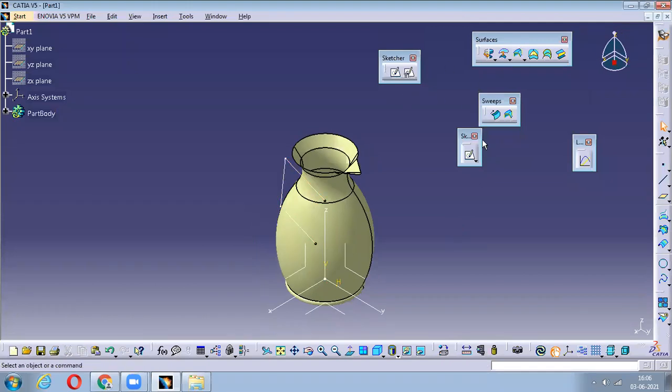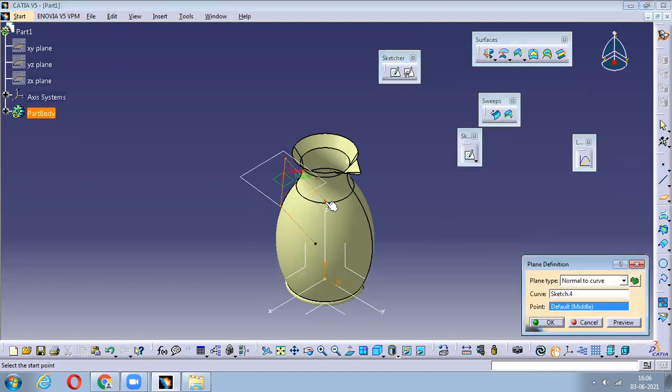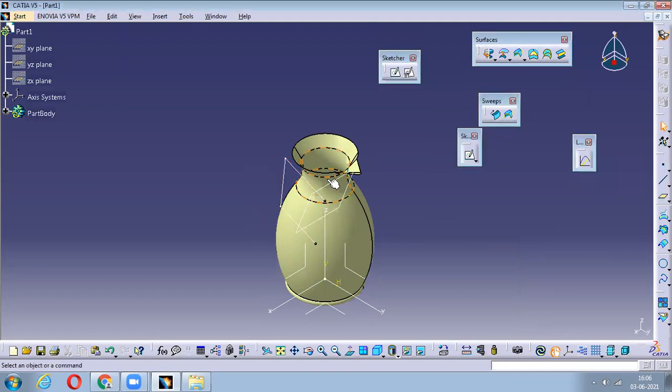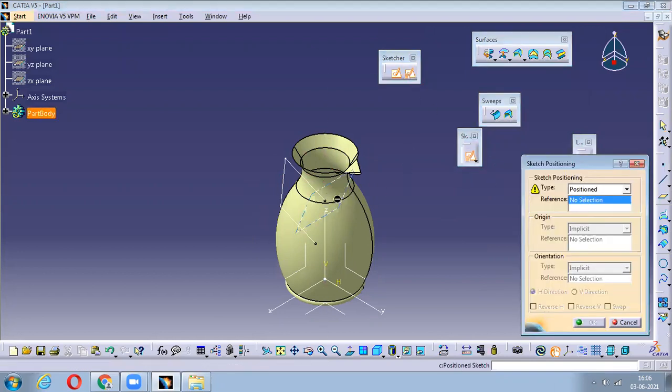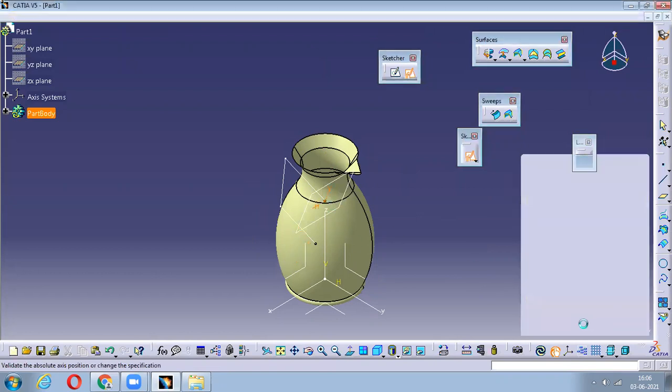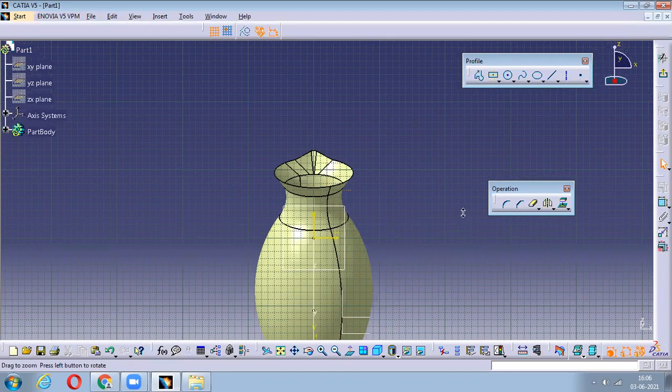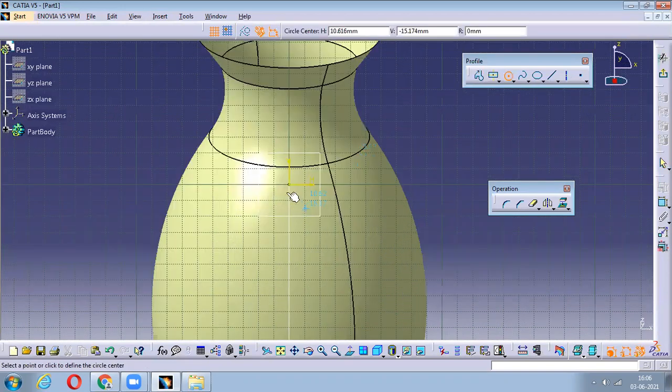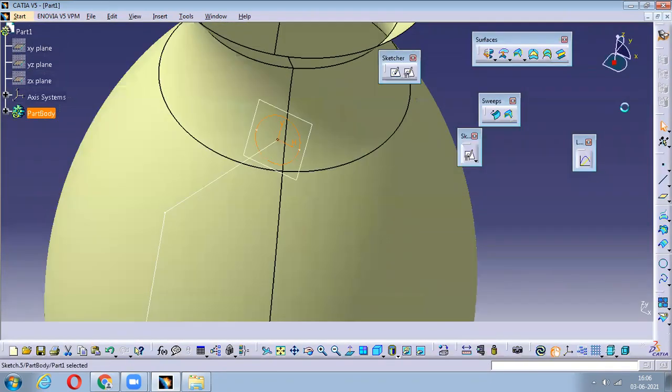Now the thing is creating a plane. Just select this reference plane, select this line and carefully select that point. Instead of that, I'll directly go with this position sketch. Select this plane and your projection point will be somewhere here. Say okay to that. Now just carefully create a circle here, something like this. Exit to this guy.